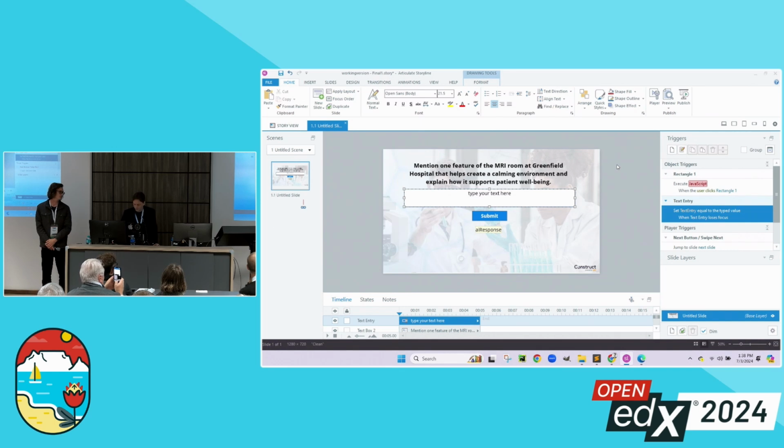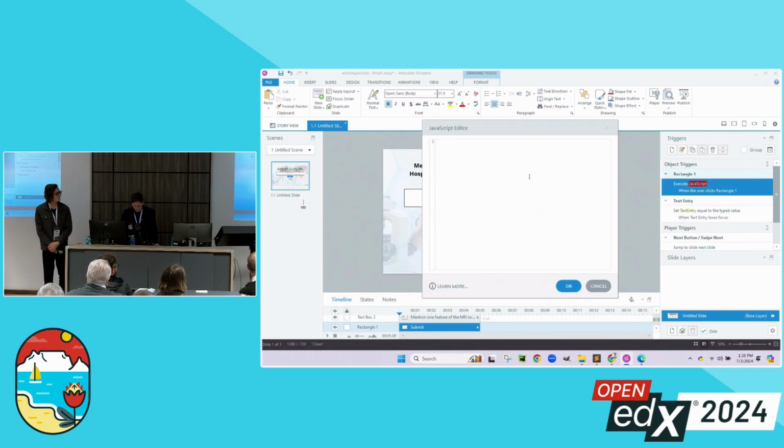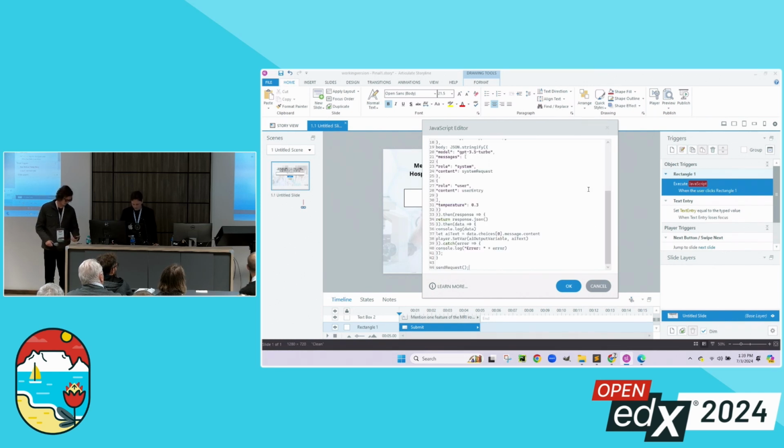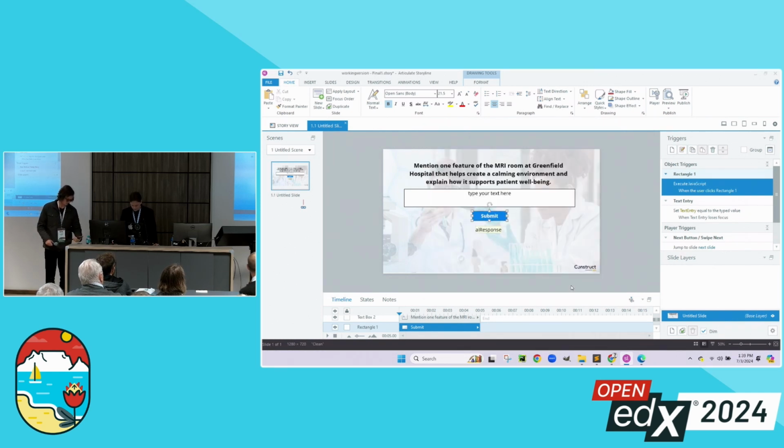So with this JavaScript, we have to stick it into the execute JavaScript spot here. I'm just going to do that quickly. Once that is in, we hit OK. And that's about it, except for one more thing, is the API key. So the API key does not sit within this JavaScript. There's a reason for that. If we did that, it would be quite easy to access through anybody that's using it.